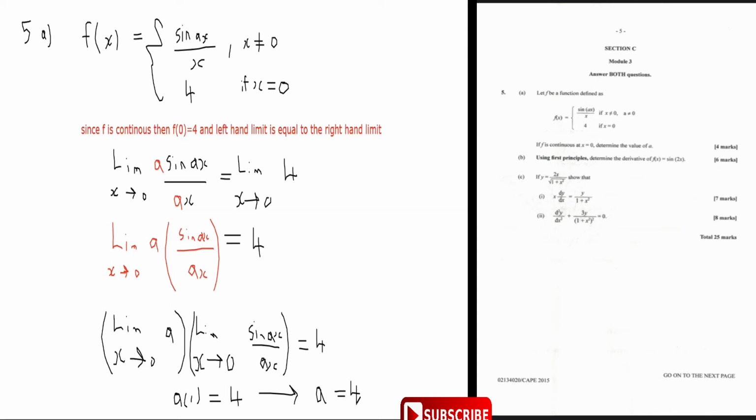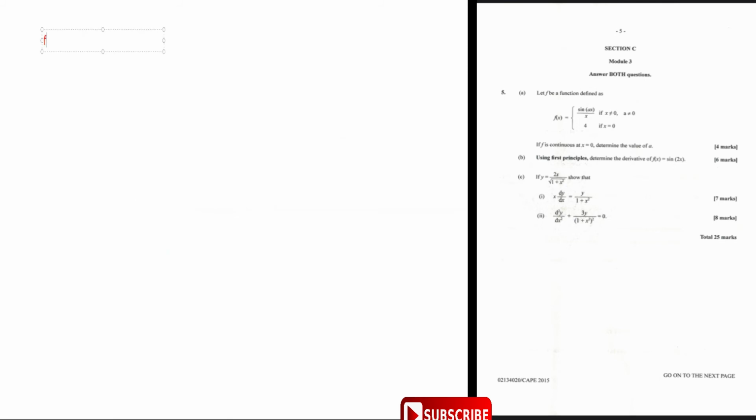The next part of the question says that using first principles, determine the derivative of f of x, which is equal to sine 2x. All right, so f of x is equal to sine 2x. Now to find the derivative from first principles, we have to remember that f prime of x, using first principles,